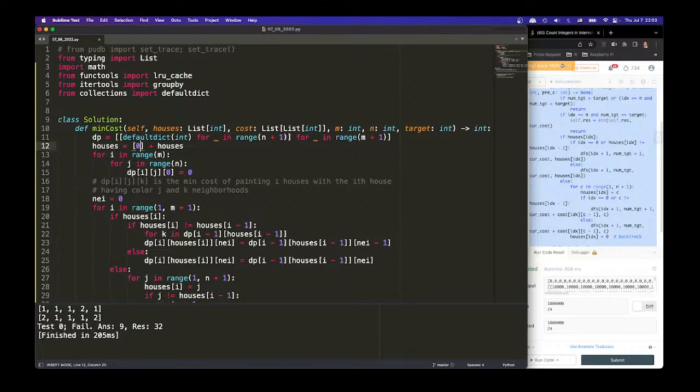So we're looking at DP and houses will be 0. It will be 0, 0, right? So we're trying to find out, this is the previous one, have all of these different neighborhoods, right? So for k in these neighborhoods,